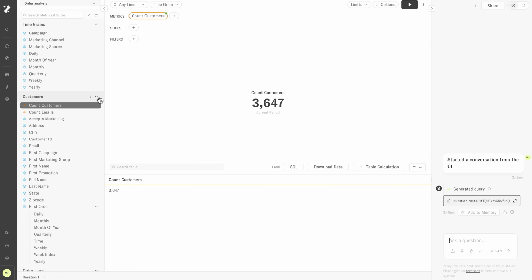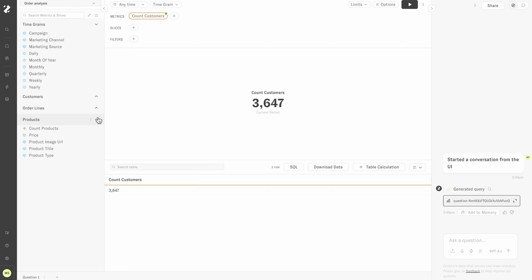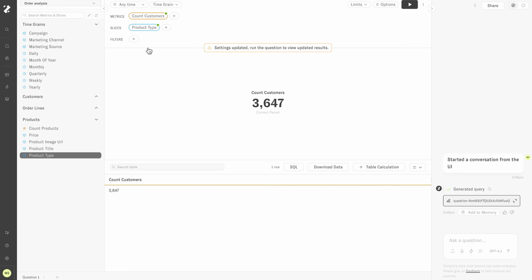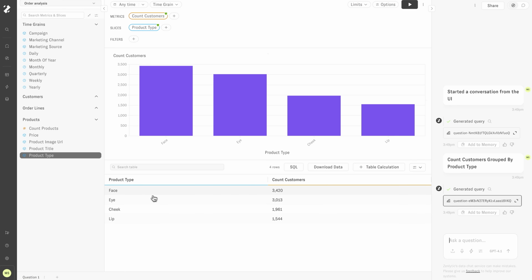I can also add slices. A slice is an attribute across the data. So for example, I might want to look at the count of customers that purchase by product type. When I click on product type, it'll also place it in the top panel, but it'll place it under the slices section. Now when I click the Run button, it'll take the count of customers and parse it out by the individual